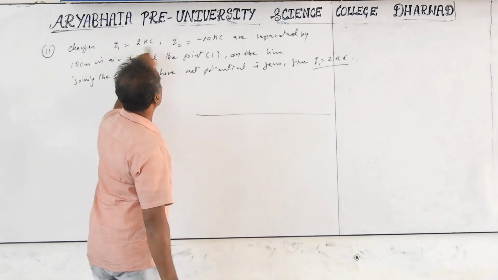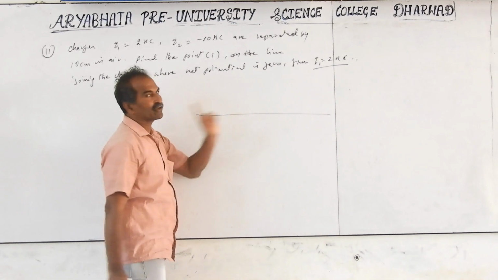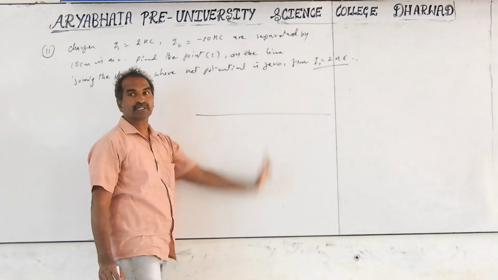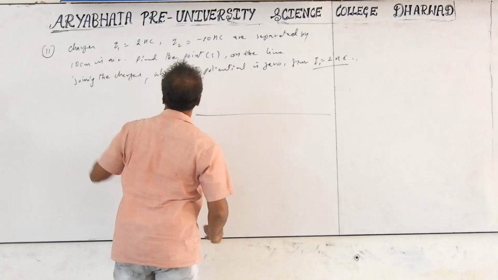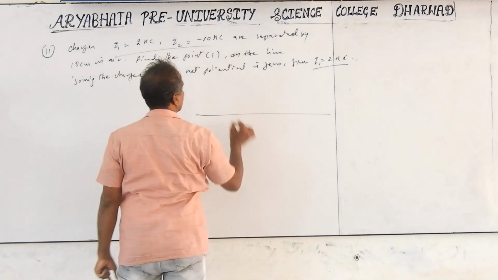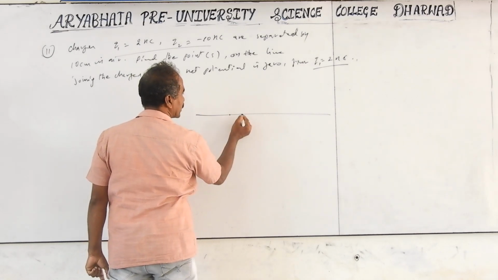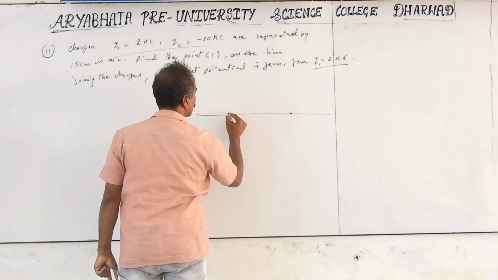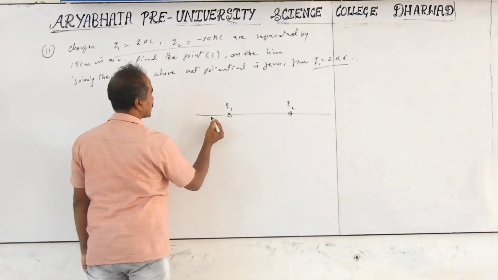If it is a dipole, meaning plus 2 and minus 2, then exactly at the midpoint the net potential is 0. That is the equipotential surface with 0 potential. If you have taken unlike charges of different magnitude, then each charge has its own equipotential surface like this. There are 2 points on this line where the potential can be 0. This is Q1. On the Q1 side, you are asked from Q1.